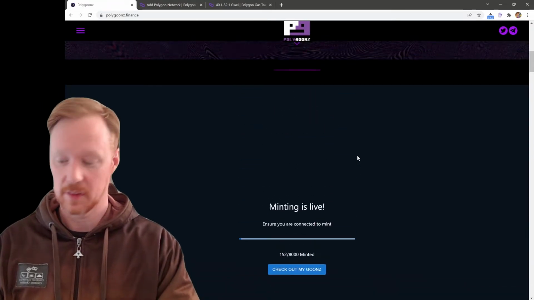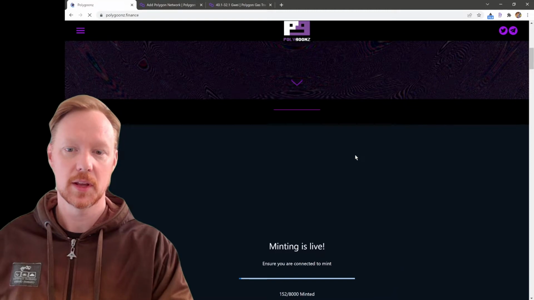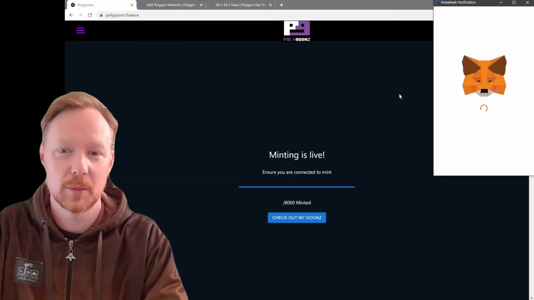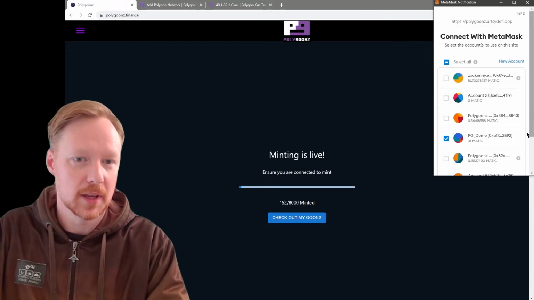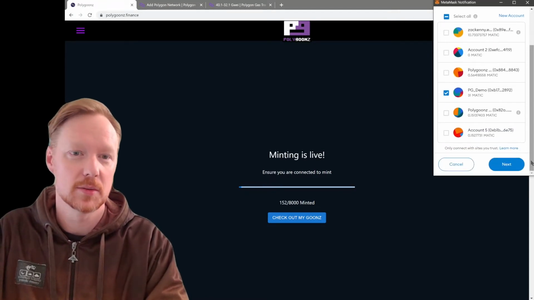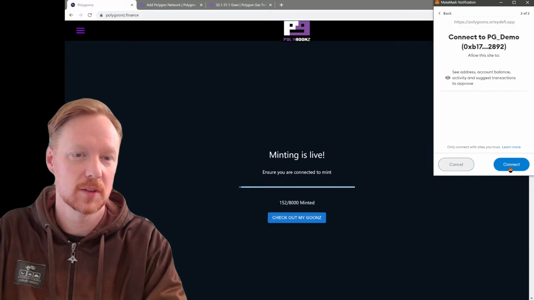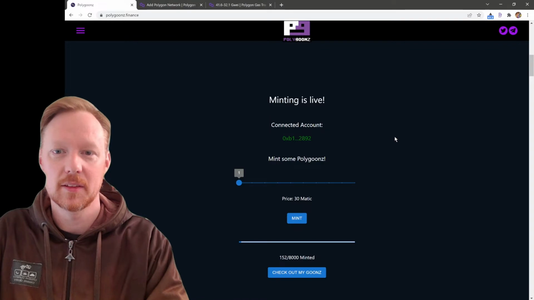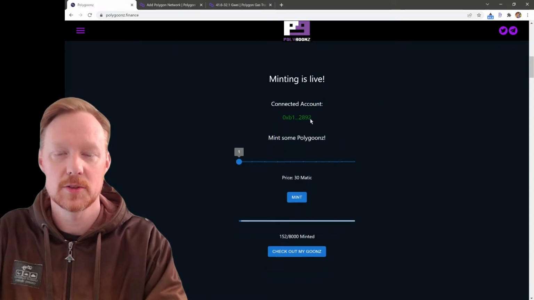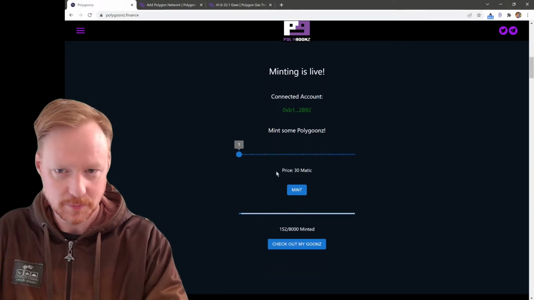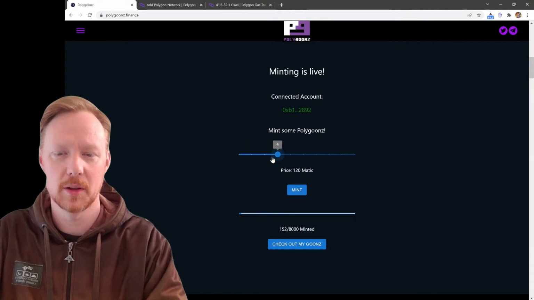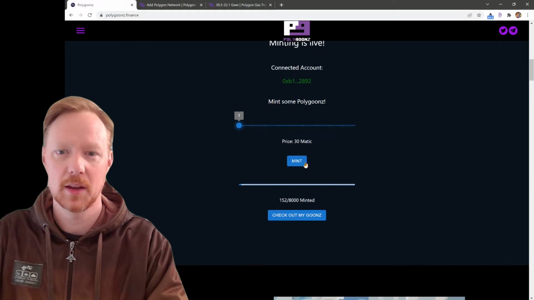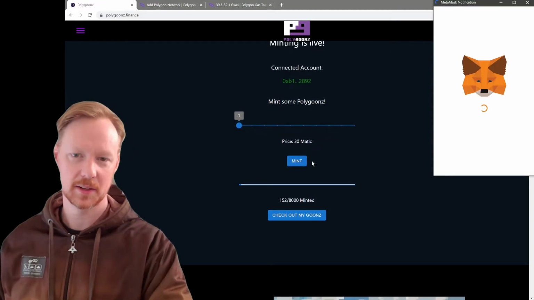So when you first visit the site or refresh the site, you're going to get a pop-up here to connect your MetaMask to the Polygoonz website. And if you have multiple accounts, it's just going to ask you which one you would like to connect with. So we're going to choose this account here. This is demo account. And that's going to connect with the Polygoonz site. It'll show you the address that you have connected. Slider, you can choose how many Polygoonz you want to mint, and we're just going to mint one today. So when we're ready, we can just go ahead and click the mint button,